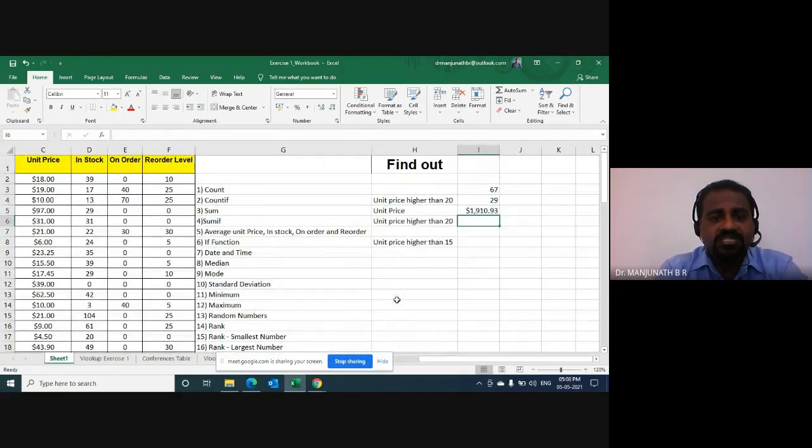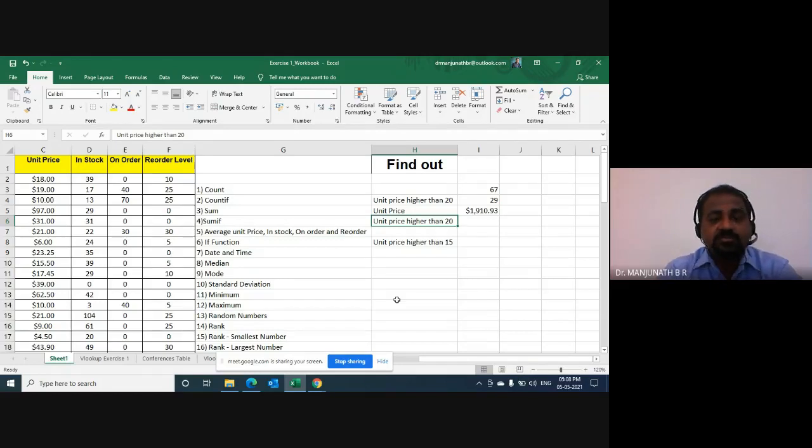Now we will have to check for SUMIF, where there is a condition. SUMIF unit price higher than 20 is saying that please do a sum of all the unit prices, but only those products whose prices are higher than 20. That is the requirement.